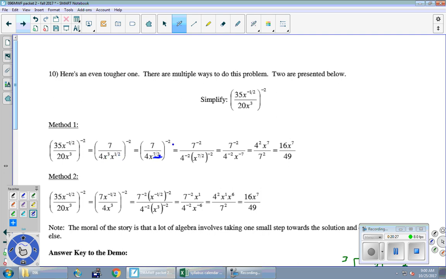Now we finally have to deal with this power. What I'm seeing here is a fraction raised to a power. That reminds me of this property. Forget the letter. I think it was an M. Not sure. Anyway, that was one of our properties on the reference sheet. And we talked about this being the pseudo-distributive property where top and bottom both get the power. So that's what we're going to do here. We're going to give the 7 a power of -2,